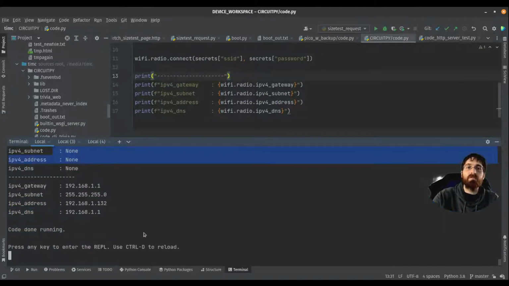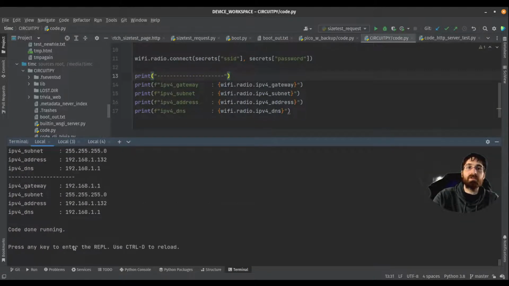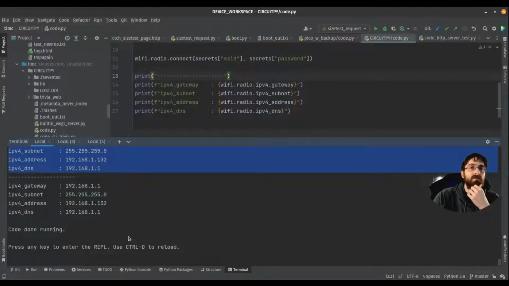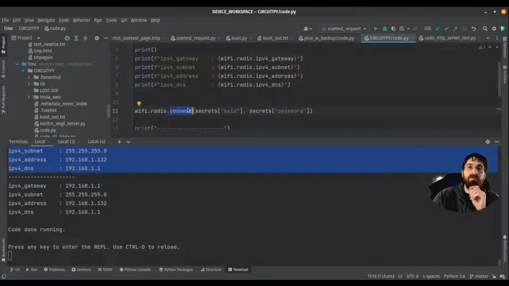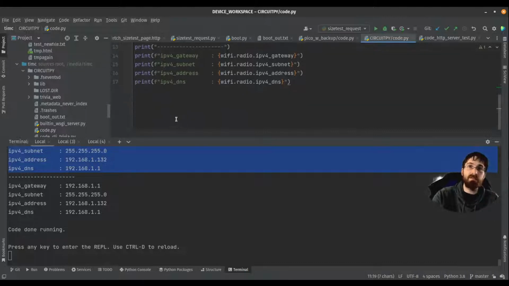So none before and actual stuff after. Seemingly, if we just restart with Control C, Control D, we do still get them. However, like we were seeing the other day, we don't really have a disconnect either, so it stands to reason that we would stay connected even after CodePy finishes. There's not really a disconnect.